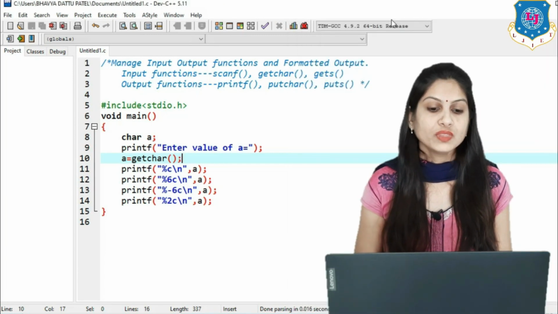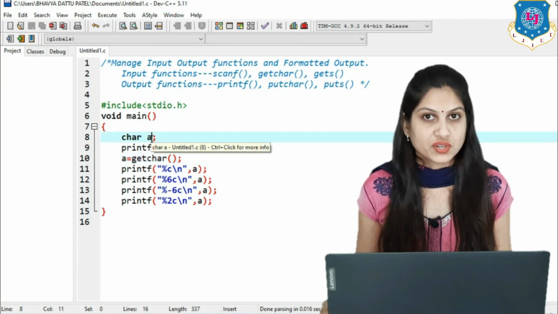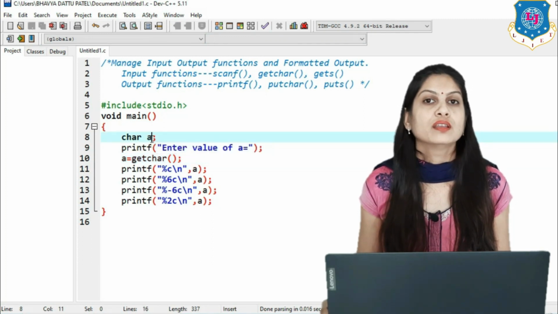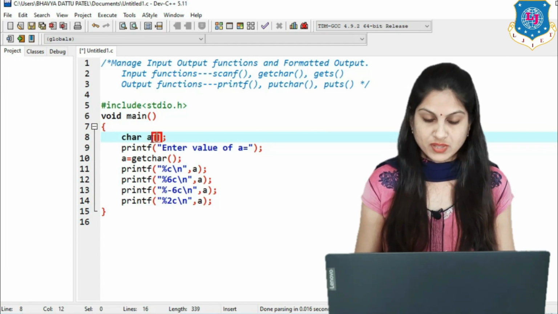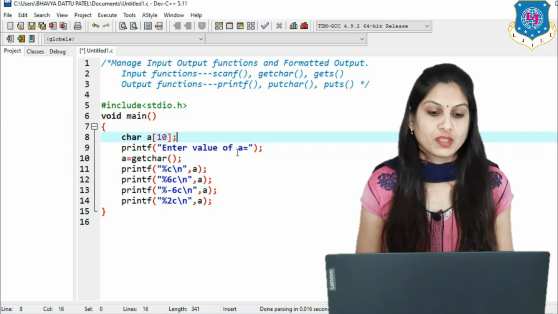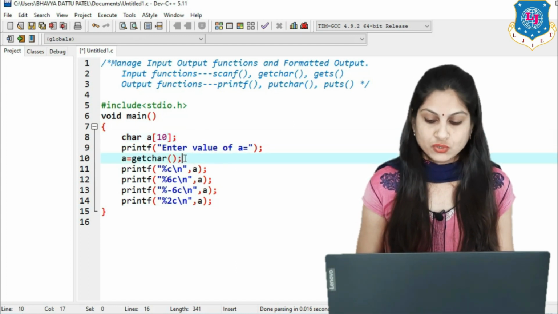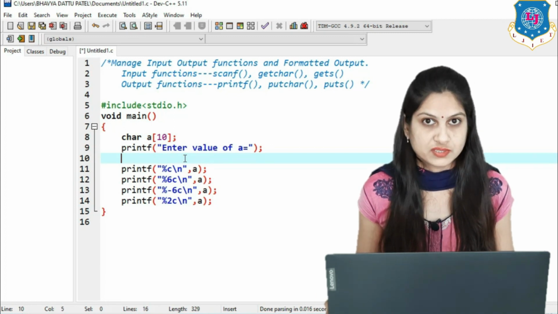Clear? Now move onwards to the next data type, that is string, and for that we have to read a character array. For that we are using how many? 10 characters inside my string. So first you can use the scanf function, and also you can use the gets function.